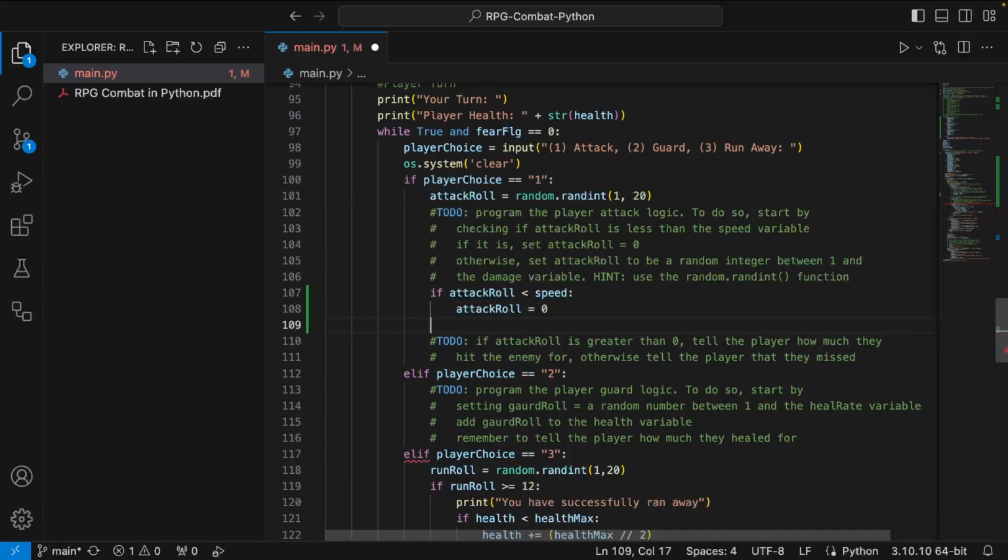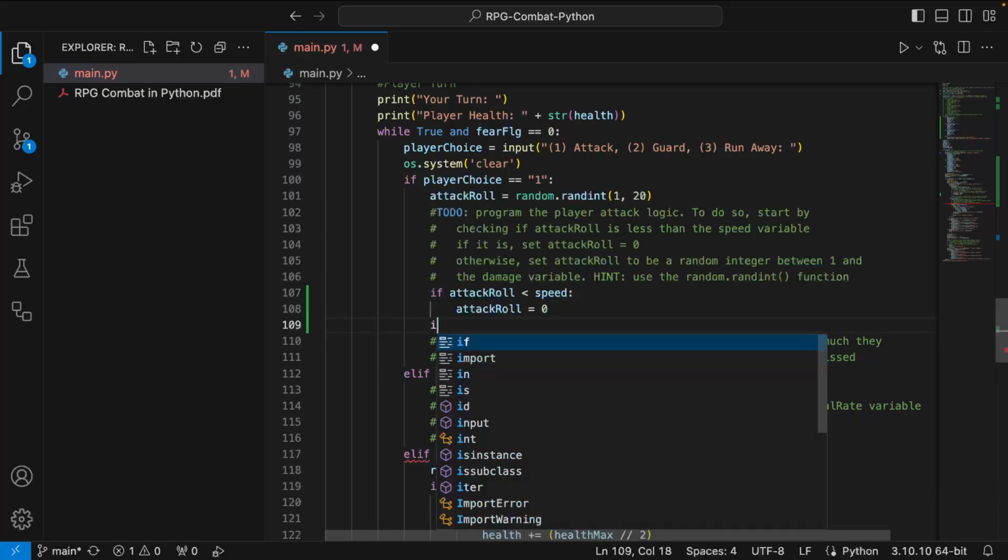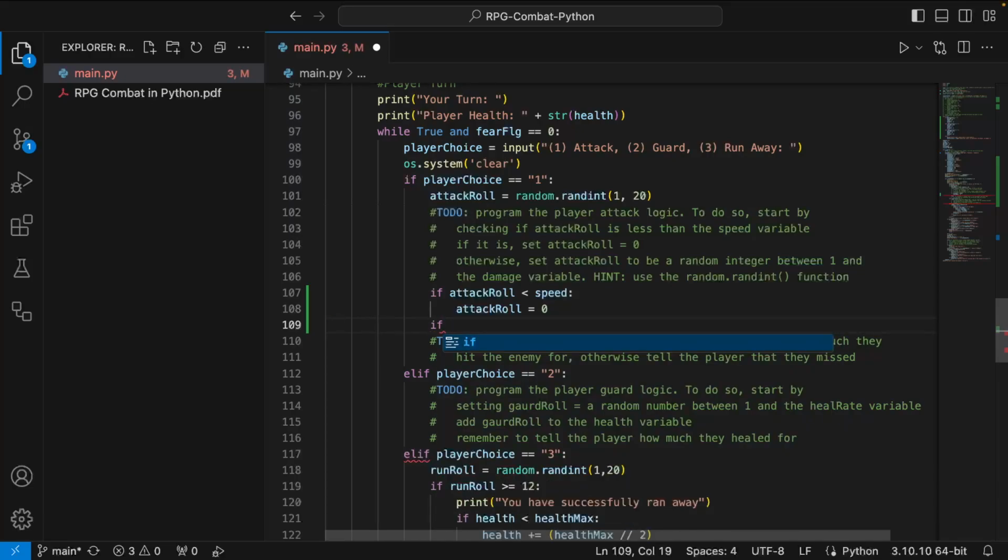So, like I said, there are 100 ways to skin a cat here. The most efficient way, which for whatever reason I didn't do, is maybe to do an else statement. The way that I did it in here, just to give you guys some variety: if attack roll, how do we say not in Python? Not equal.